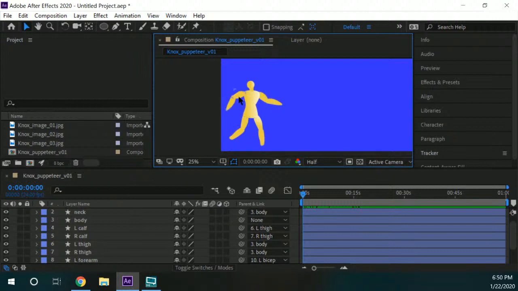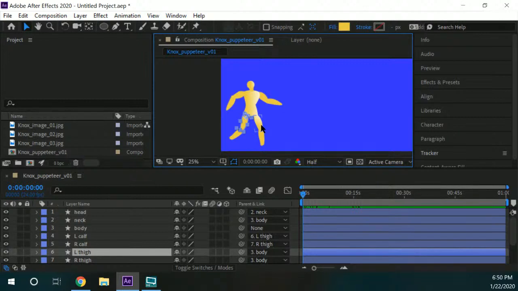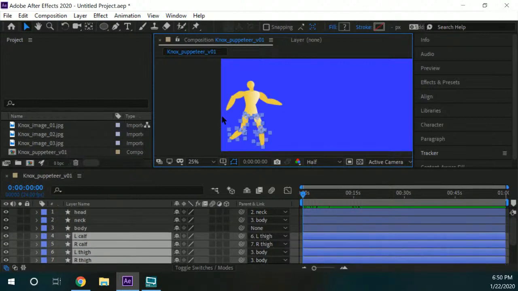That'll work for some people, but a little bit of a faster way of doing it is selecting all the pieces that I want to move, all the pieces I want to rotate. Shift click to add to a selection, and then control click to